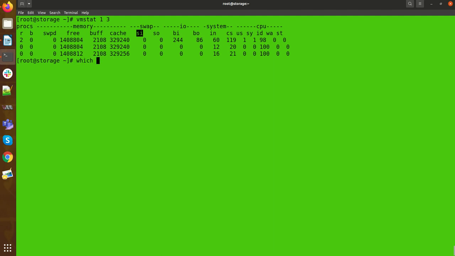Basically this command, just a minute, let me show you which RPM is used. There is the procps RPM, and from that RPM you get that vmstat command.